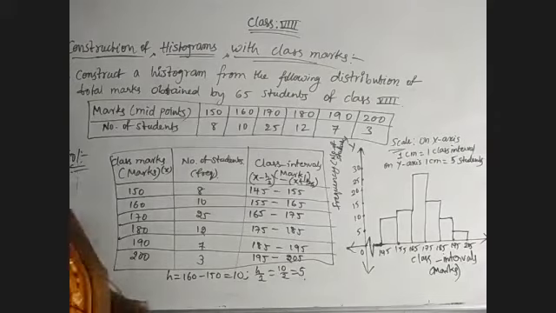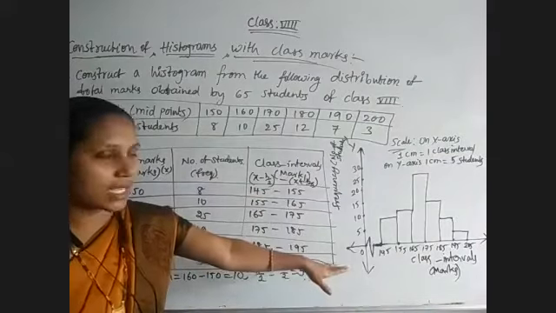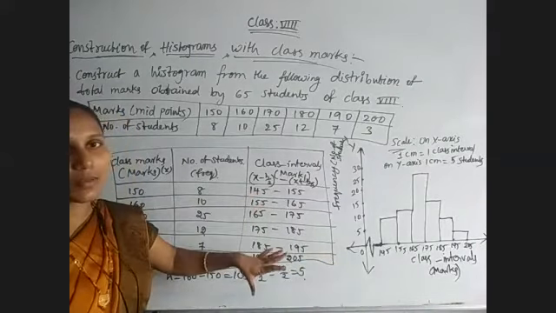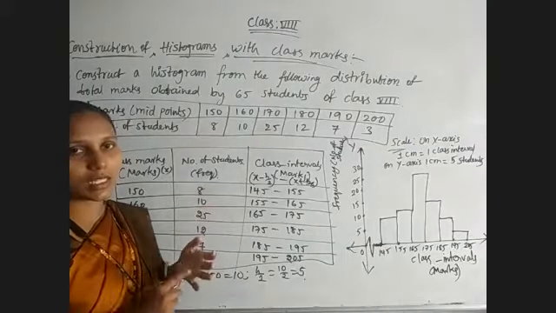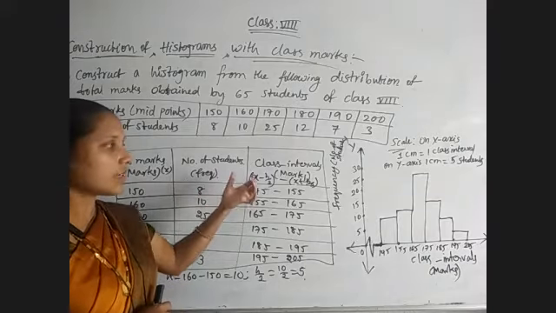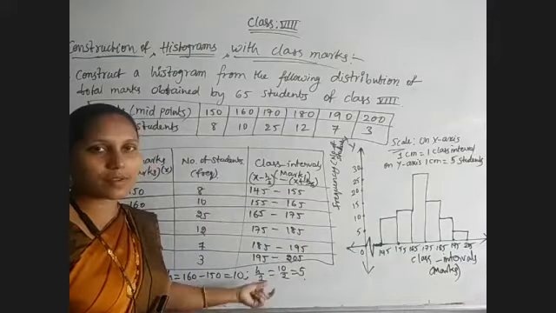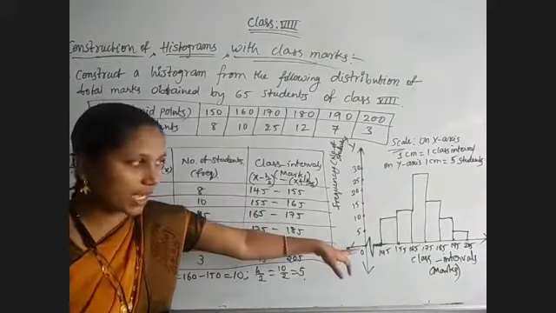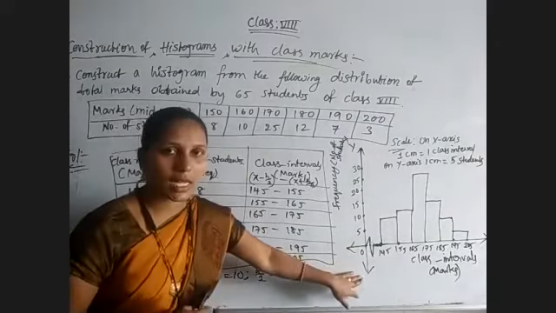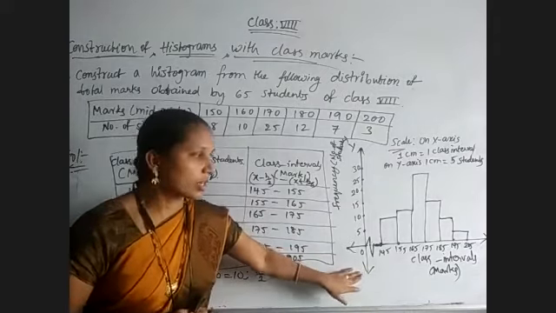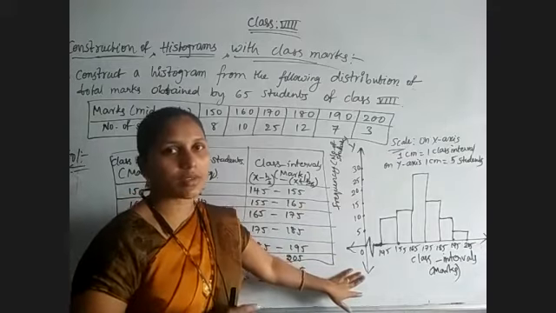Okay, now first question. Why are we always taking class boundaries on the x-axis? Because histograms are drawn for exclusive class intervals only. If we get inclusive class intervals, first we must convert them into exclusive by taking the boundaries. For exclusive class intervals, class limits and boundaries are the same. That's why we have taken them directly. So always we must take class boundaries on the x-axis, because histograms are constructed for continuous series only, that means exclusive class intervals.